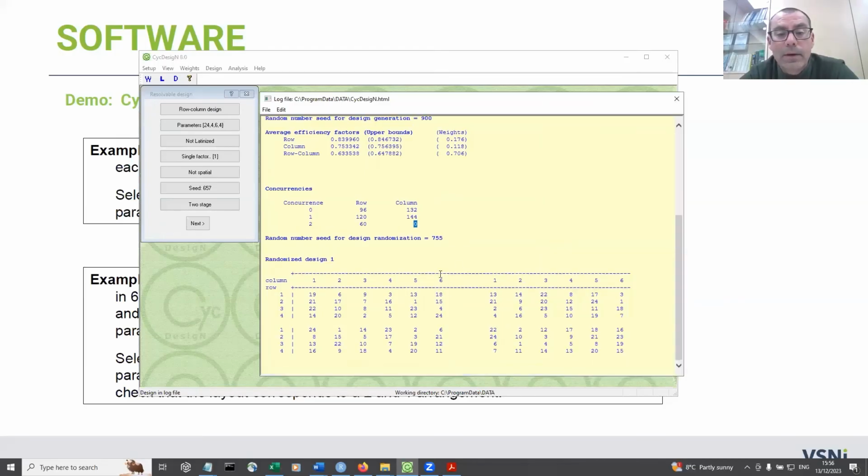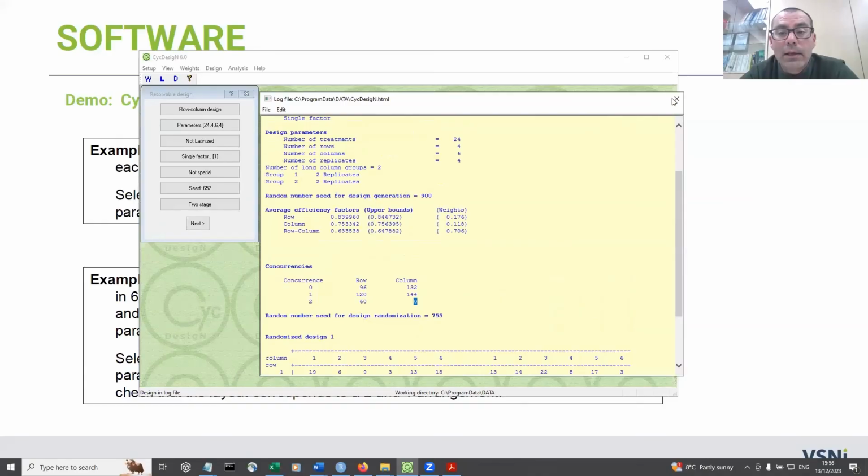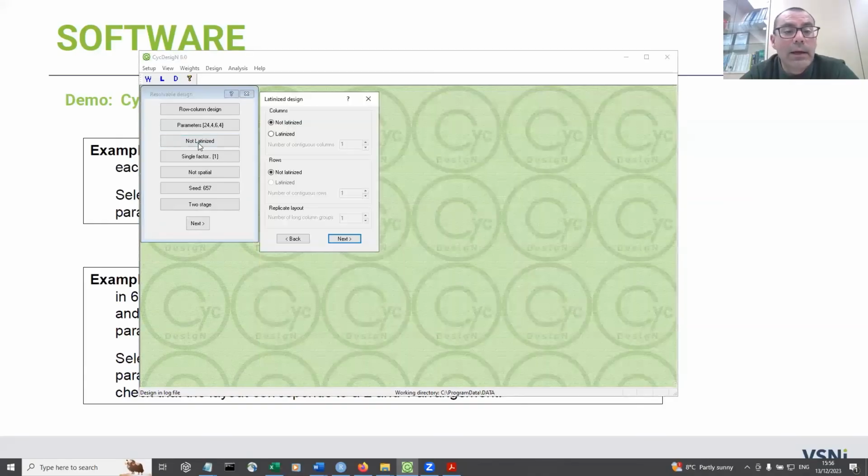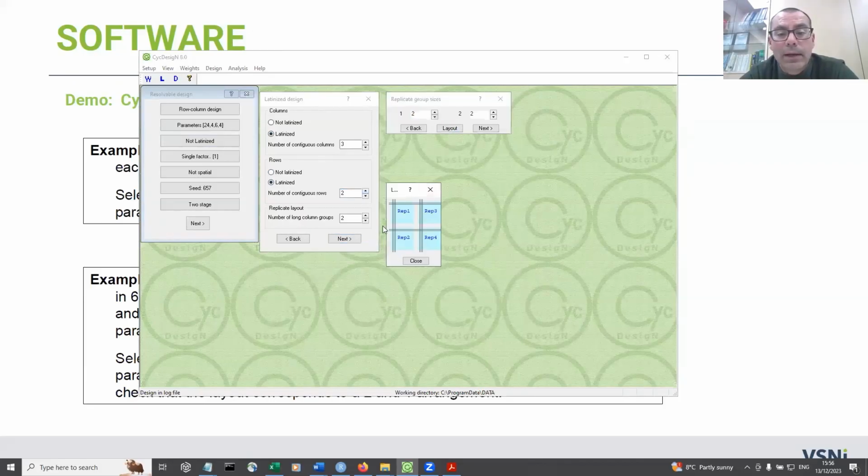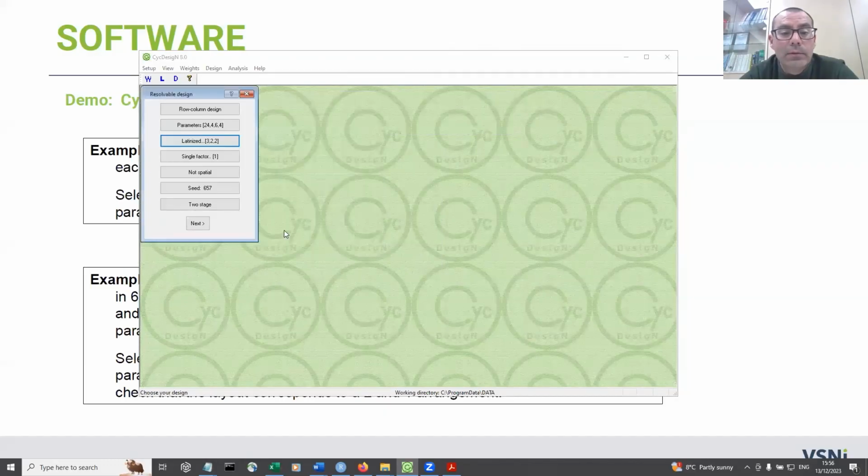And these are the different reps and so on. Now I can generate this with a Latinize treatment. So I will say Latinize the first 3 columns, Latinize the 2 rows, and then I'm going to specify the layout that is 2 by 2, okay? And once you generate this,